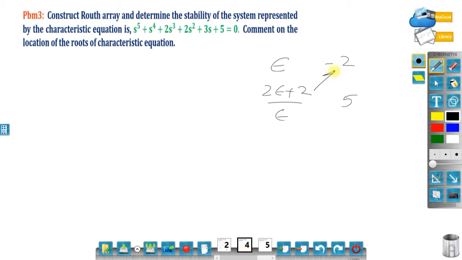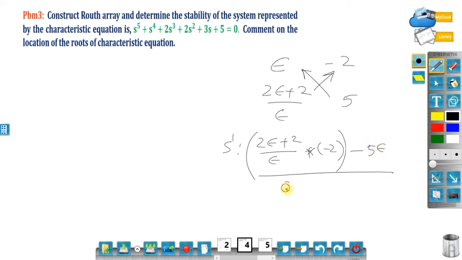So just calculate the value of s power 1. Multiply these two terms, 2 eta plus 2 divided by eta into minus 2 and minus, okay, and 5 into eta